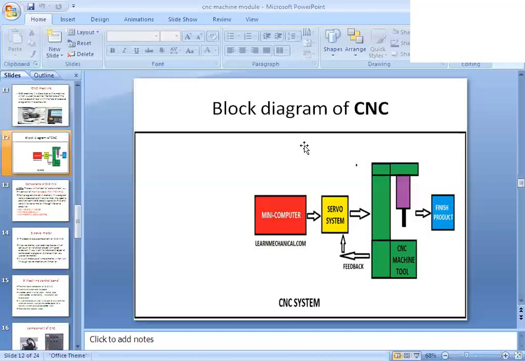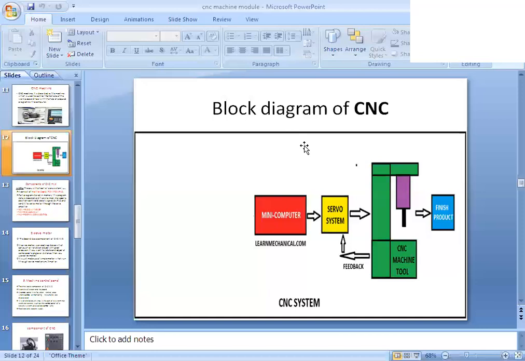These kinds of questions will definitely come in your internals and also in your external exam. Please be prepared, there is nothing difficult here, just the model and the diagrams. Nothing complicated, it is a very simple block diagram. The three main components are the computer, servo motor, and CNC machine.